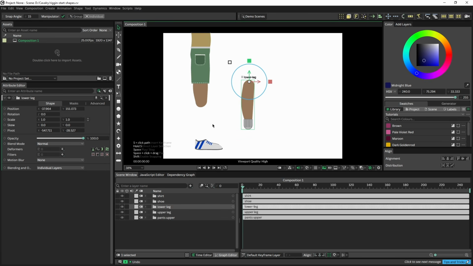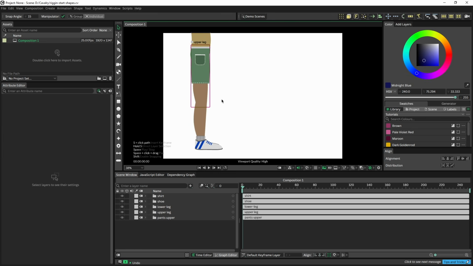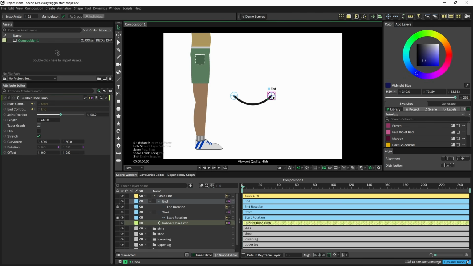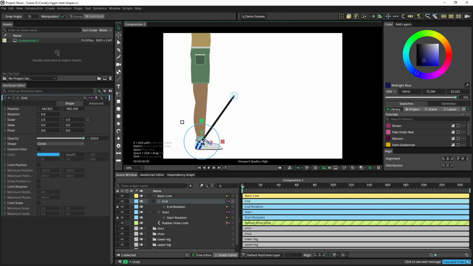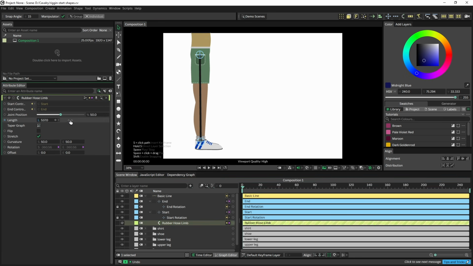Got a few shapes set up here, so a lower leg, upper leg, shoes, and this is something you would typically import from Illustrator or a different app, or maybe just download. And now we want to create an IK rig. So we're still going to use the rubber hose. I'm going to set the end over here and the start over here, and go into my rubber hose limb and increase the length,